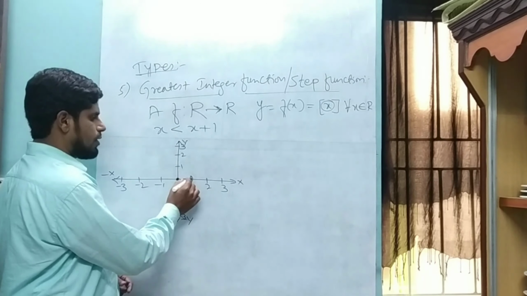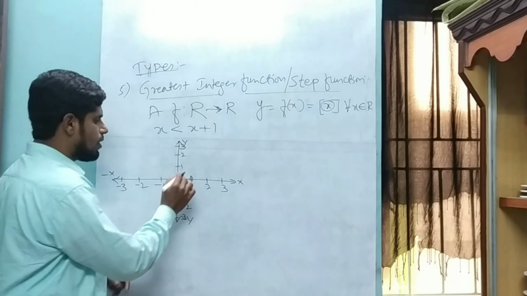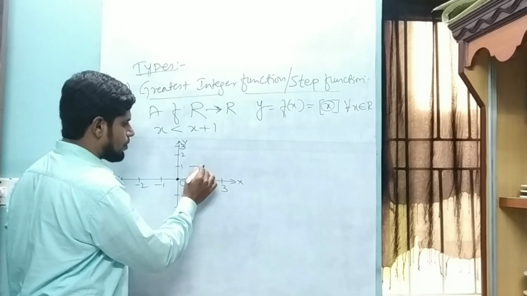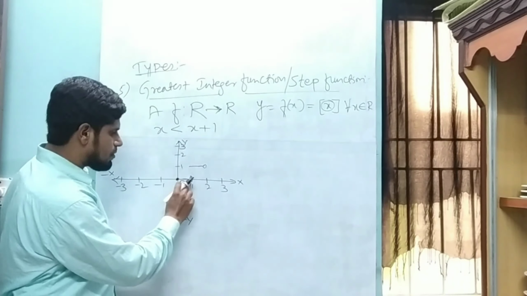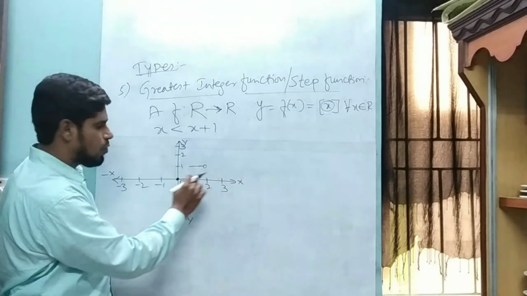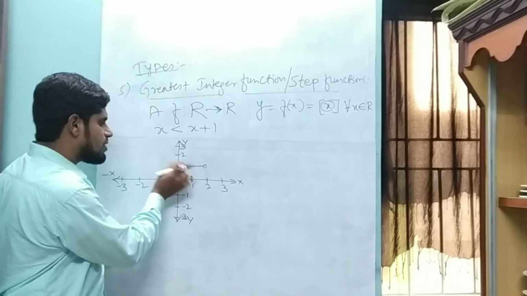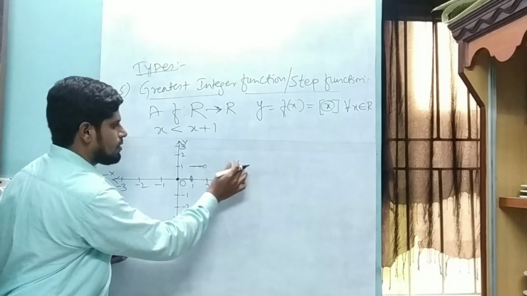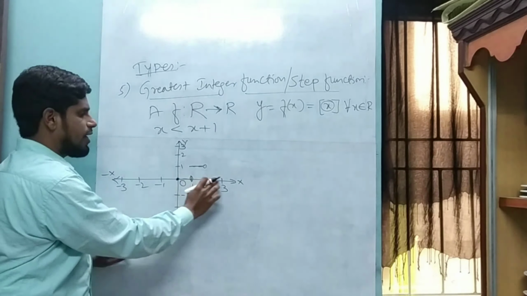If I put any decimal between 1 and 2, the answer is always 1. But I cannot put 2 here, so I will put a circle for this 2. Whatever the values between 1 and 2, 1.1, 1.2, 1.3 or 1.111, 1.1112, any kind of decimals, the answer is always 1. So I have taken a line here instead of marking a point. That says that for any decimal, it is 1.